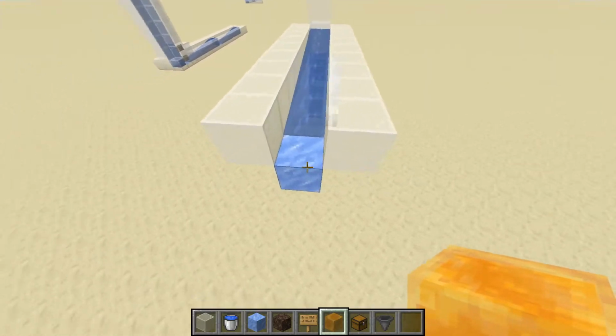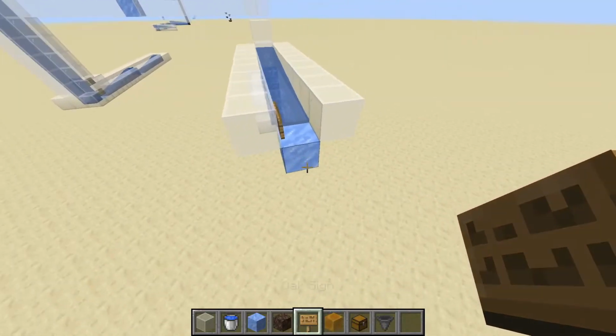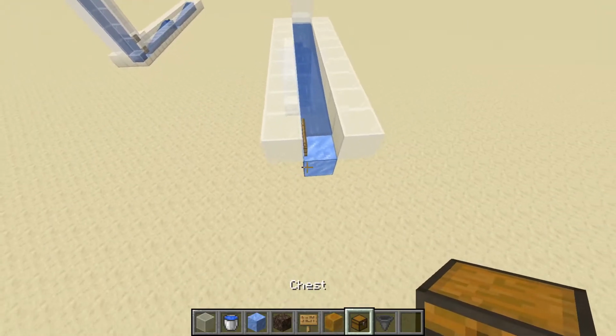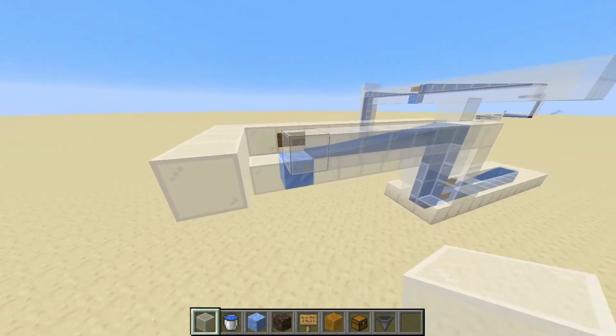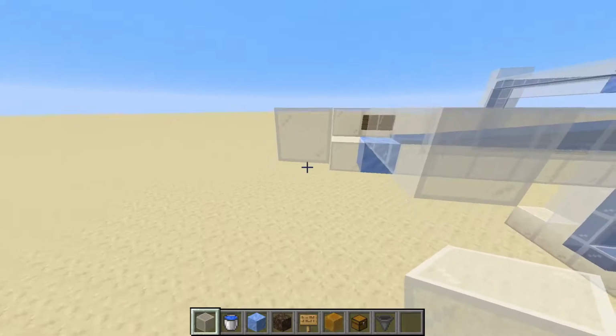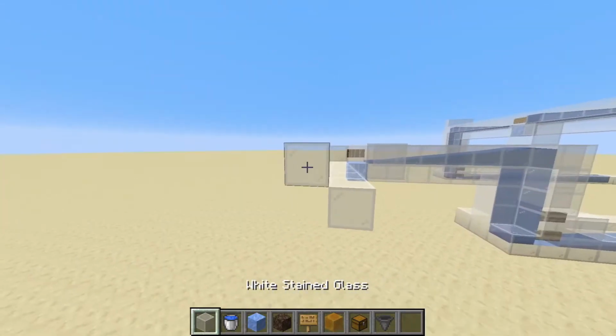To do that, we're going to have our normal item system here with our glass here. We can place down a sign even, and we're going to want to go ahead and turn this 90 degrees in one direction. To do that, we're going to just place a block like normal. We're going to do a normal turn, just like we showed earlier. And we can go ahead and continue our blocks. So we can continue our water stream out this way, just like normal.